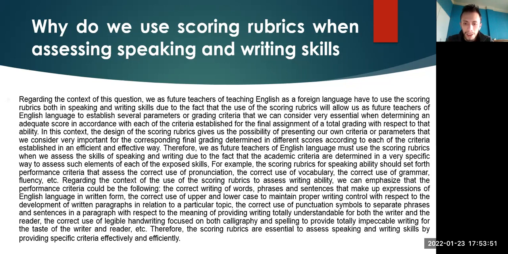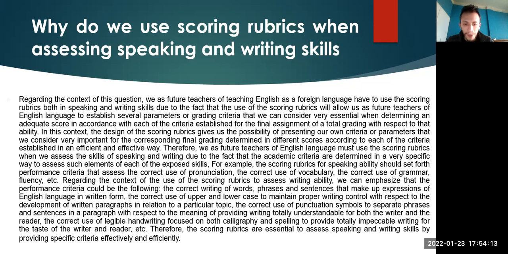For example, the scoring rubrics for speaking ability should set performance criteria that assess the correct use of pronunciation, the correct use of vocabulary, the correct use of grammar, fluency, etc. Regarding the use of the scoring rubrics to assess writing ability, we can emphasize that the